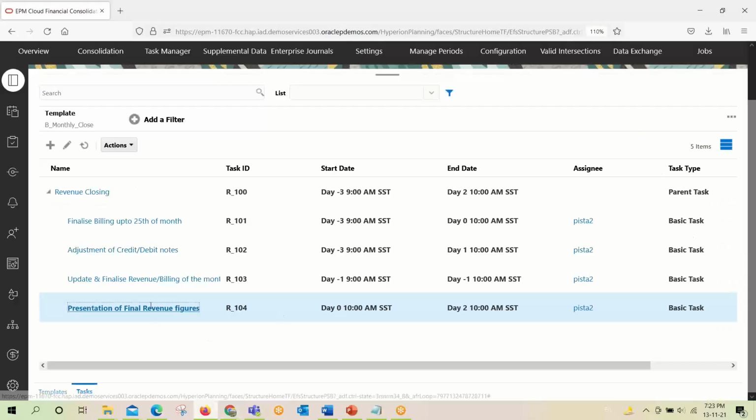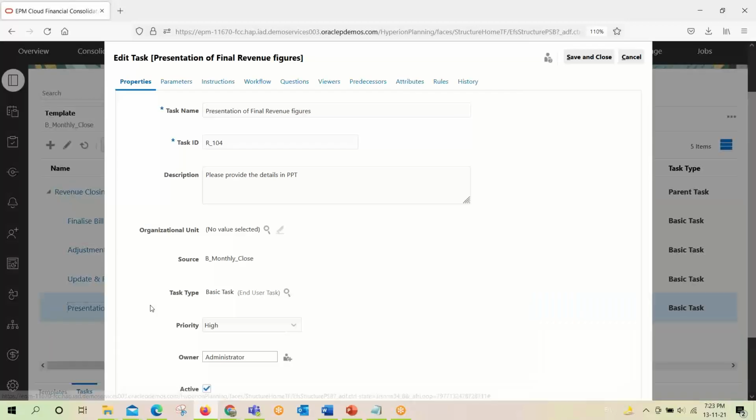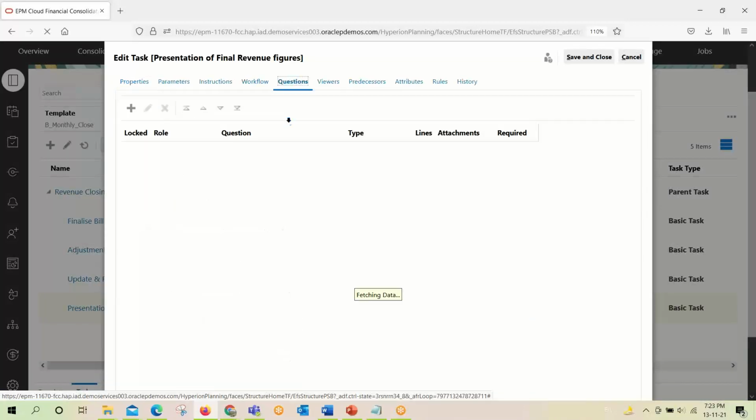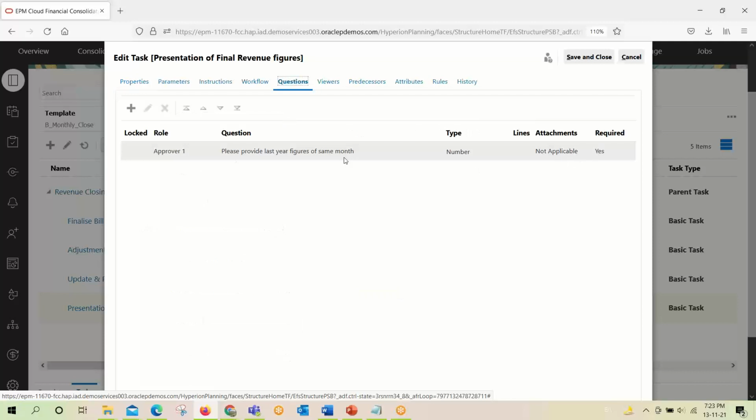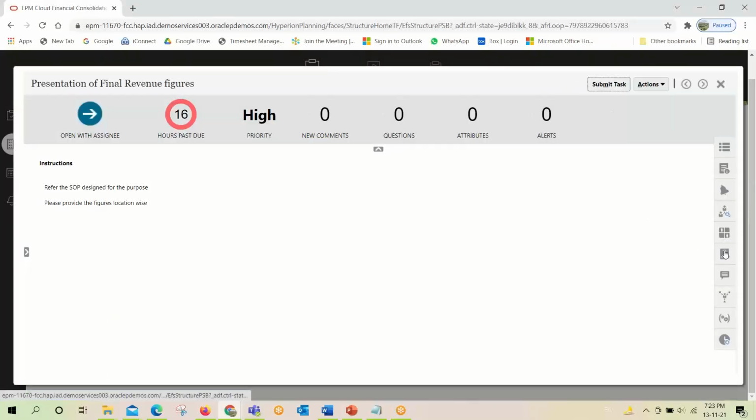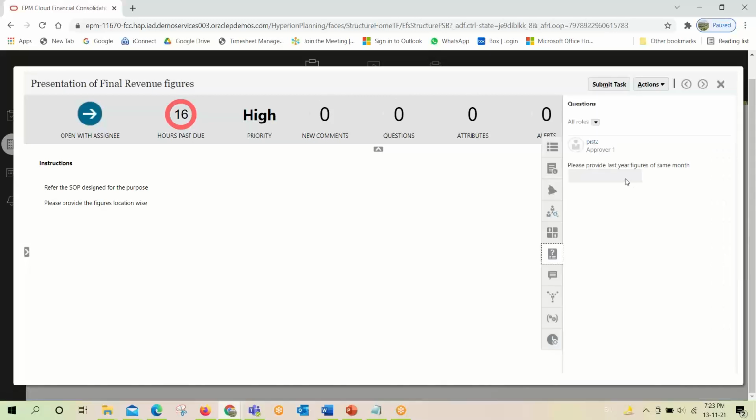We have put one question here which is required, but it has been assigned to the approver and not to the assignee. So it has not been activated for the assignee because it has not been asked from him. Only the approver will answer this question. So he will submit the task.